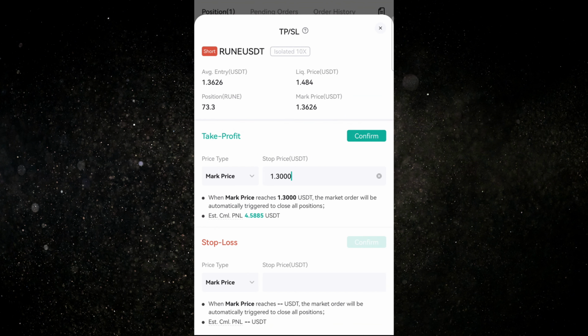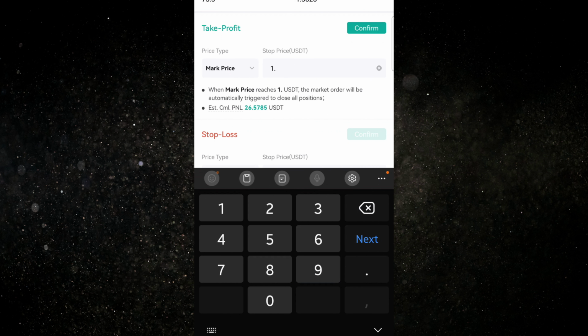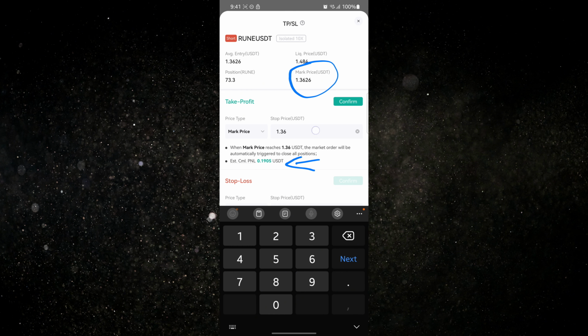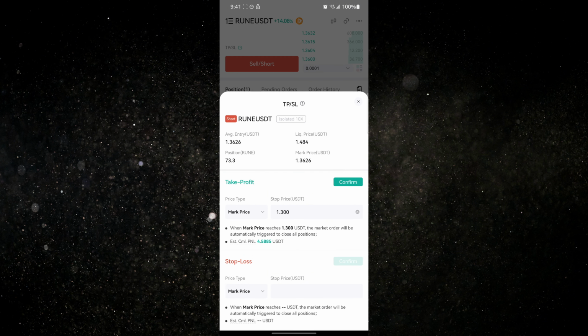Now, let me reduce this again and show you guys something. So let's do this 0.20. Now, if you notice, this is the current price of the asset, and this estimated PNL is the profit I'm going to be getting if this currency hits my take profit. All right, and this is really small for me. I would say let me go below that. Let me go with 400. This 400, you can see I'll make 1 USDT, but let's just go with this for example,